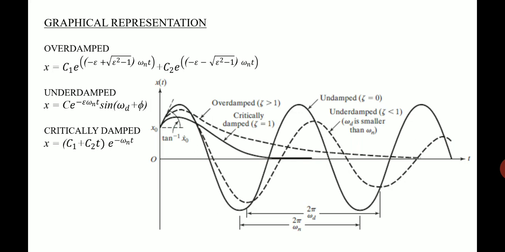most soon. You can see that it is actually similar to the overdamped case, but it reaches the mean position in the shortest possible time. It immediately reaches the mean position. That is the case of the critically damped condition where epsilon is equal to 1. Critical damping means it is not an oscillatory motion, and it reaches the mean position in the shortest possible time. So that is what this figure shows.